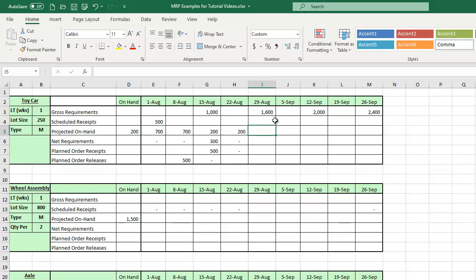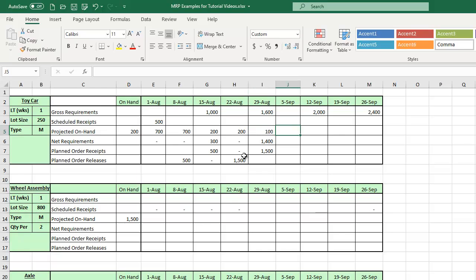Okay, well, you see where this is going. We have 1,600 gross requirements the following week. We have 200 to ship toward those 1,600, which means we are 1,400 units short. But 1,400 is not divisible by 250, so we have to go with the next number larger than 1,400 that is divisible by 250. That's going to be 1,500 as our planned order receipts. Again, that's a computer-generated suggested order. And then you'll have a planned order release of 1,500 as well, leaving us 100 projected on hand at the